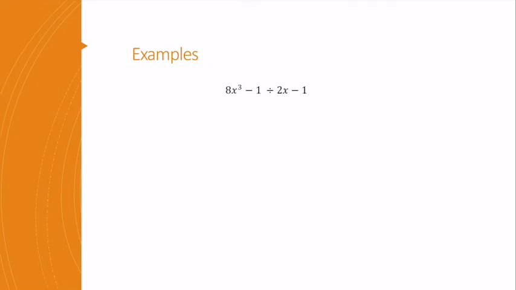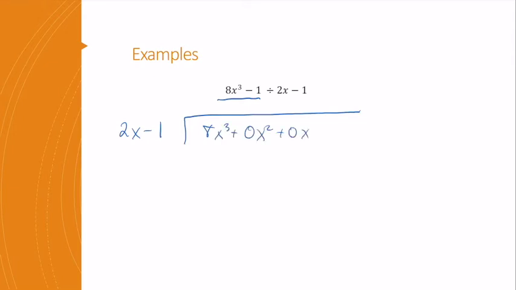Last but not least, something I want to point out, if I've got x cubed minus 1 and I'm dividing it by 2x minus 1, okay, one thing that I have to do is I have to put in placeholders for each power of our variable that I'm missing. So if I have 8x cubed minus 1 divided by 2x minus 1, I say, okay, what do I multiply 2x by to make it look like 8x cubed? The answer is going to be 4x squared. 4x squared times 2x gives me